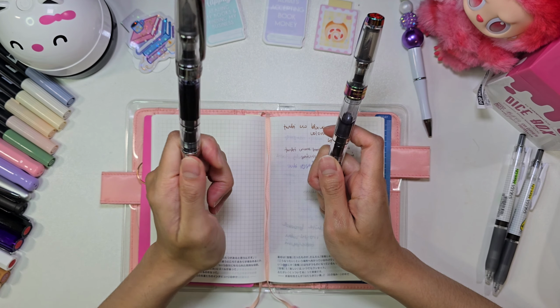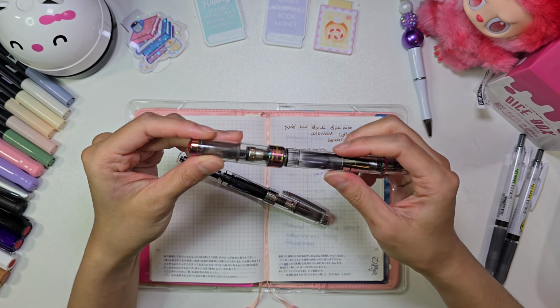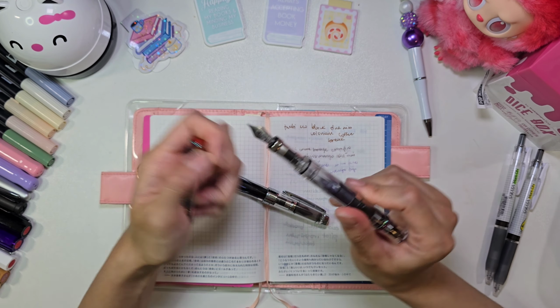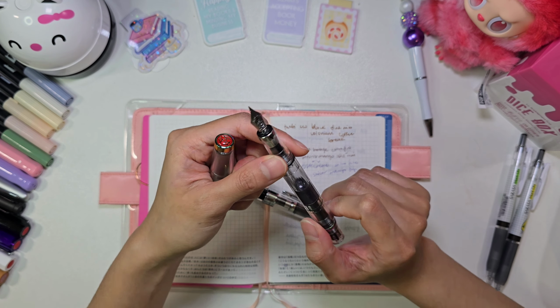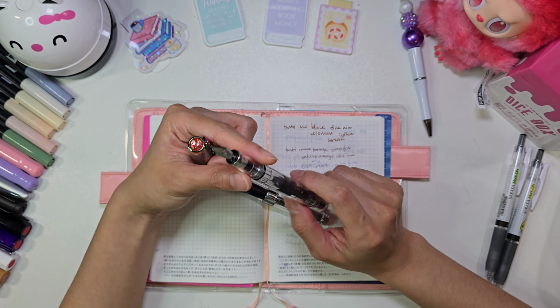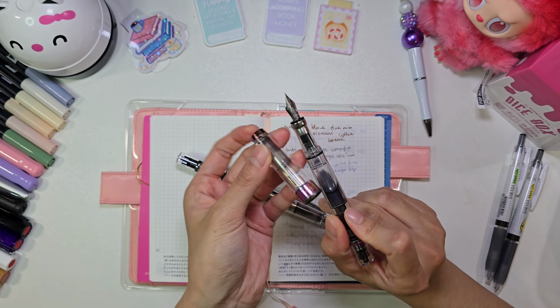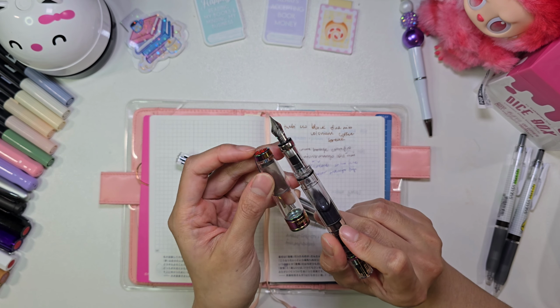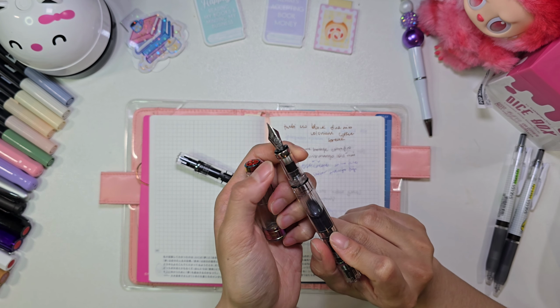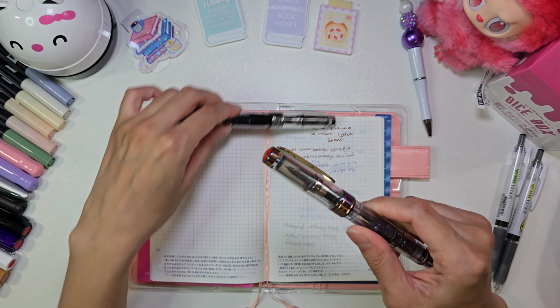This one I just got earlier this year. This one I've had for a long time, and this is the one that used to have a 1.1 stub nib that I broke while I was trying to clean. So that was kind of funny. As you can tell, this is supposed to have that rainbow color, but it's the normal one because I had to replace the nib. But this is the Diamond 580,